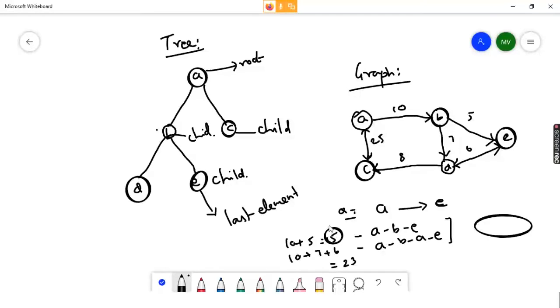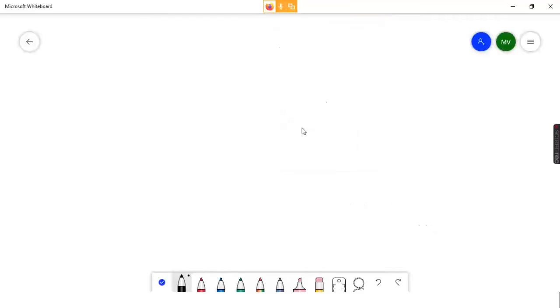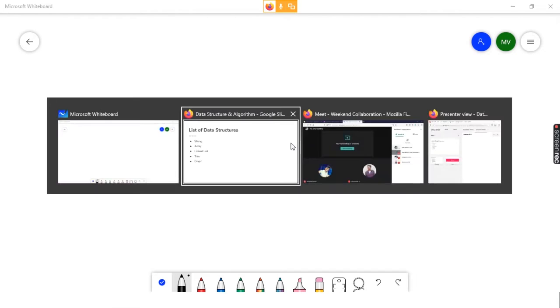The shortest one is 15, so this is the right answer. A to B and B to E is the shortest path of this graph. It's just a sample of what a graph is. We will see later what methods are available in graphs, how to find the shortest path, and how to write the program for shortest path algorithms.